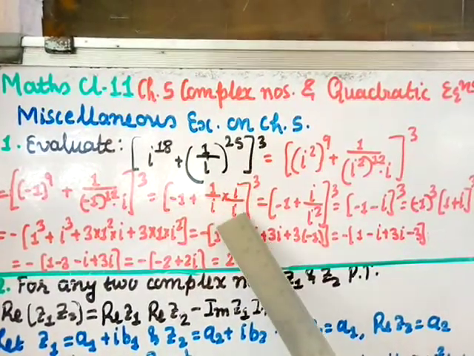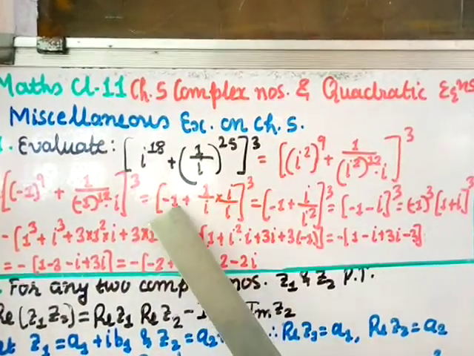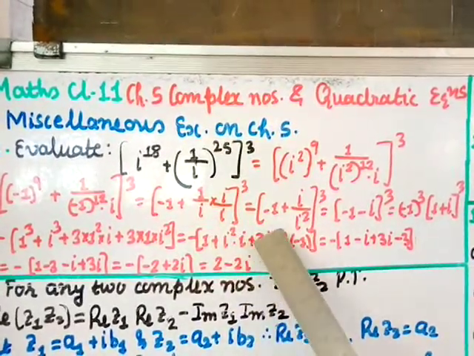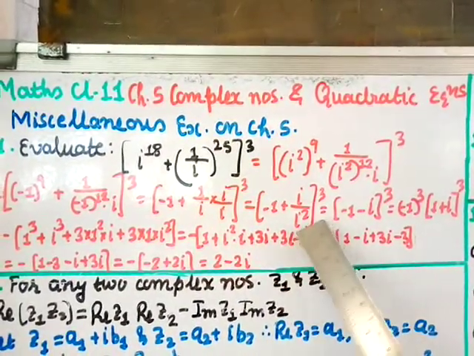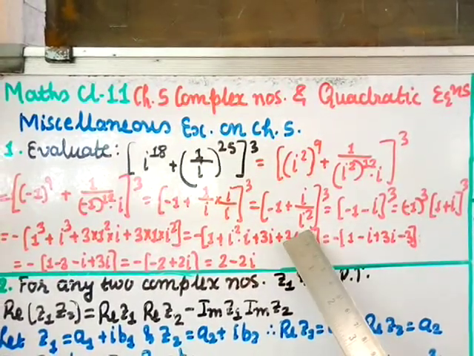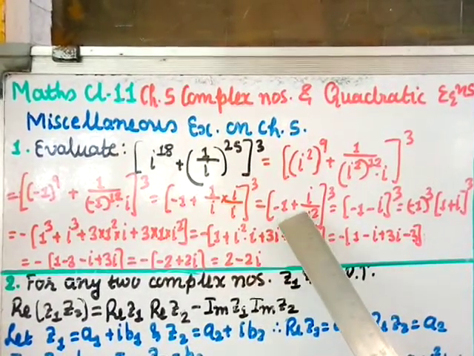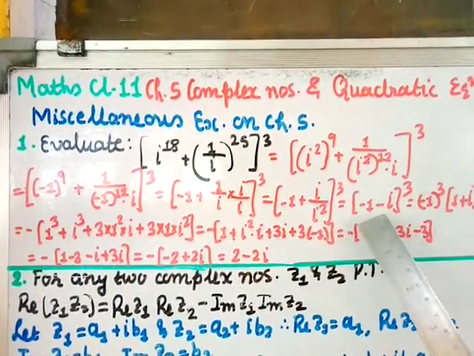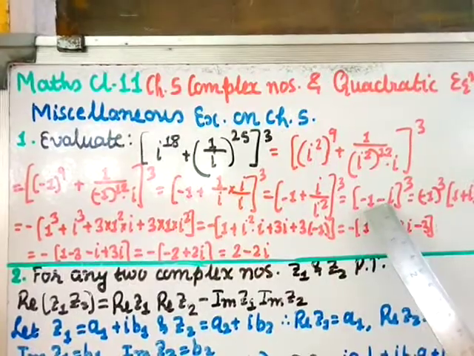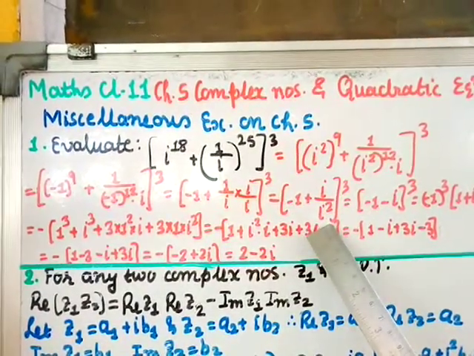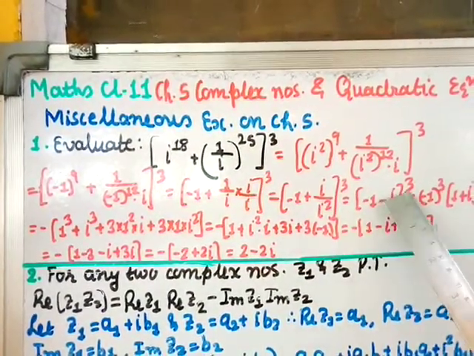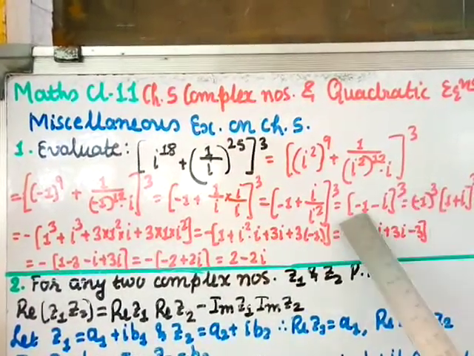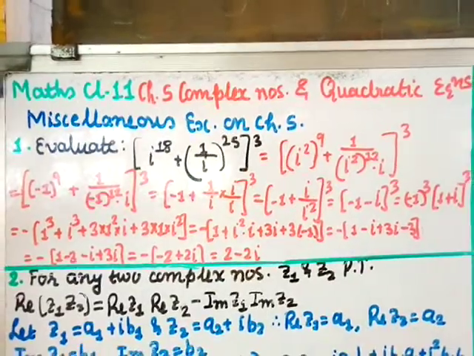Now divide and multiply by i, the whole power 3. Minus 1 as it is plus 1 into i is i, and i into i is i^2, the whole power 3. Now minus 1 is as it is, but i^2 value is minus 1. So if you put minus 1, that minus you can take here. So minus i, and here 1 we do not need to write. So we write i here and here minus, because i^2 value is minus 1, and whole power 3. Now from this you can take minus 1 common. So (minus 1)^3 times (1 plus i)^3.